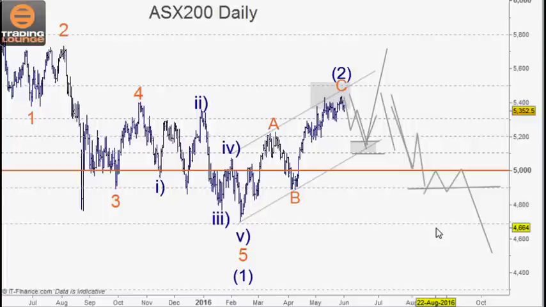So, look, this is the 50-60% retracement area here. This is where we're expecting the market to move down to. If it moves down in 3 waves to the 61.8% area there, then we know that it's bullish. But if it moves down there in 5 waves, then we've got a bearish picture on our hands at that stage. And where we would look to short as well is on these 5 waves down here,